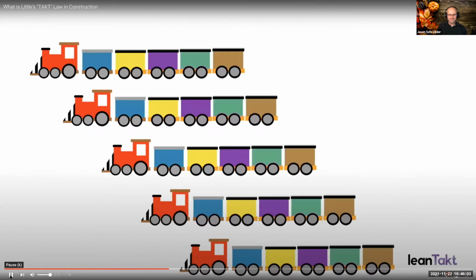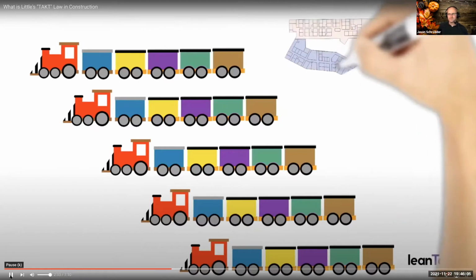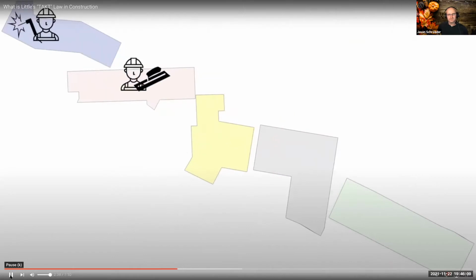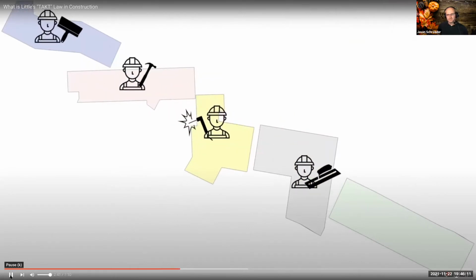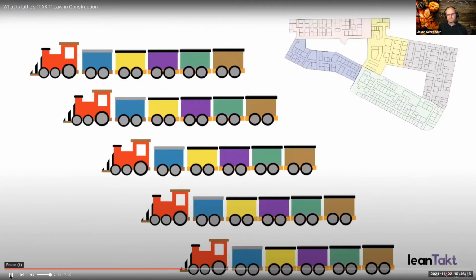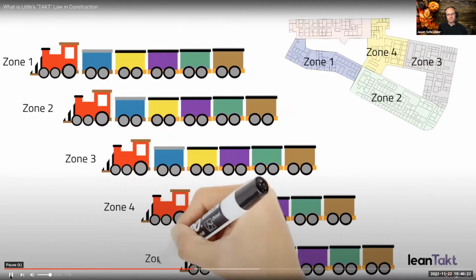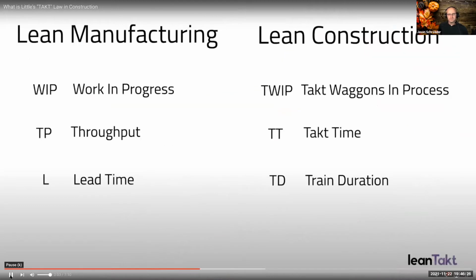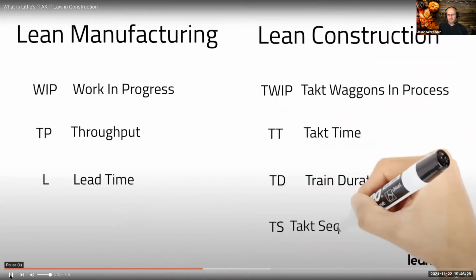But the problem is that in construction, we have many trains all going at the same time. And Dr. Little didn't account for this, because unlike manufacturing, our people and equipment move through the product and not the other way around. So we need to take into account multiple Takt sequences, and each sequence is represented by a Takt zone, like you see here. The zones are the batch sizes. Thus, we need to add something to our production vocabulary. Takt